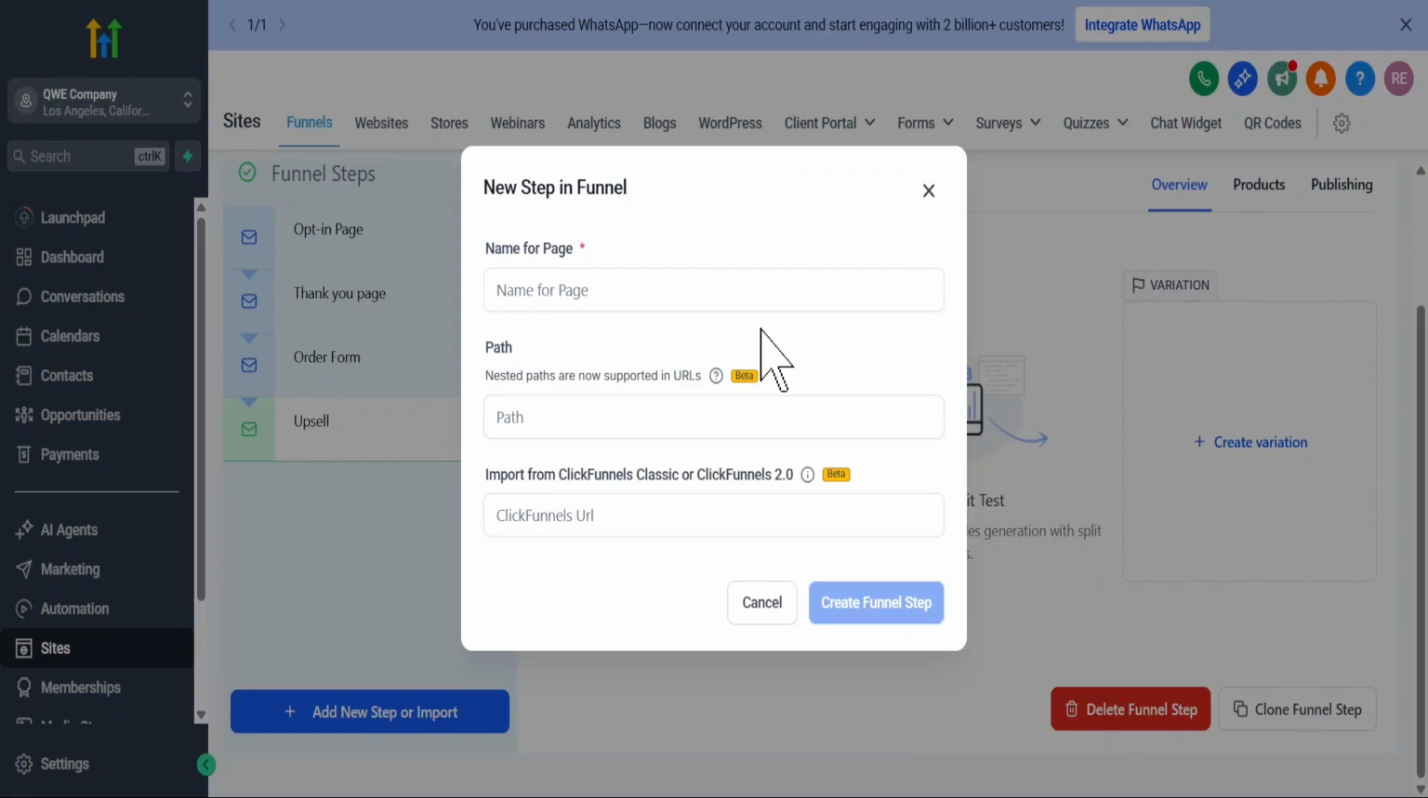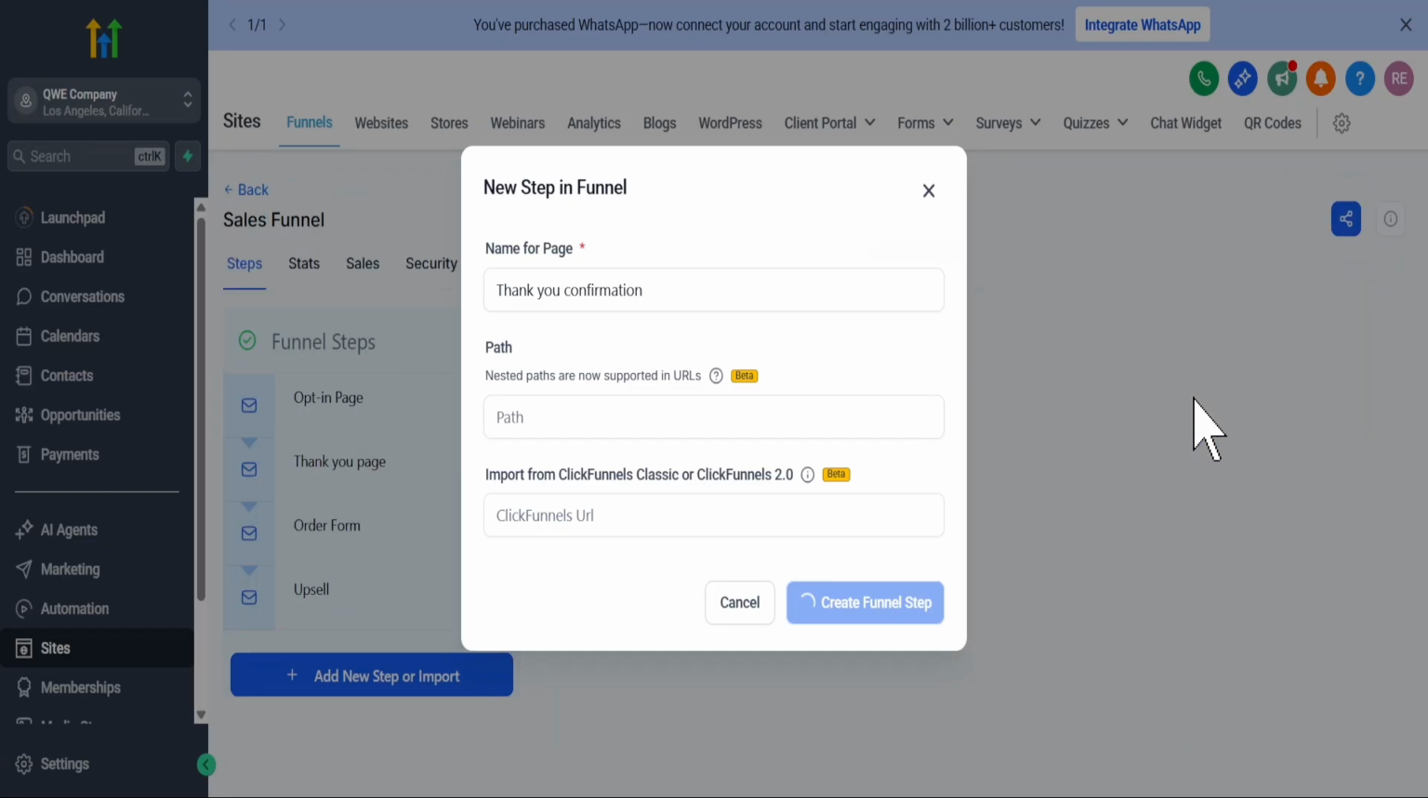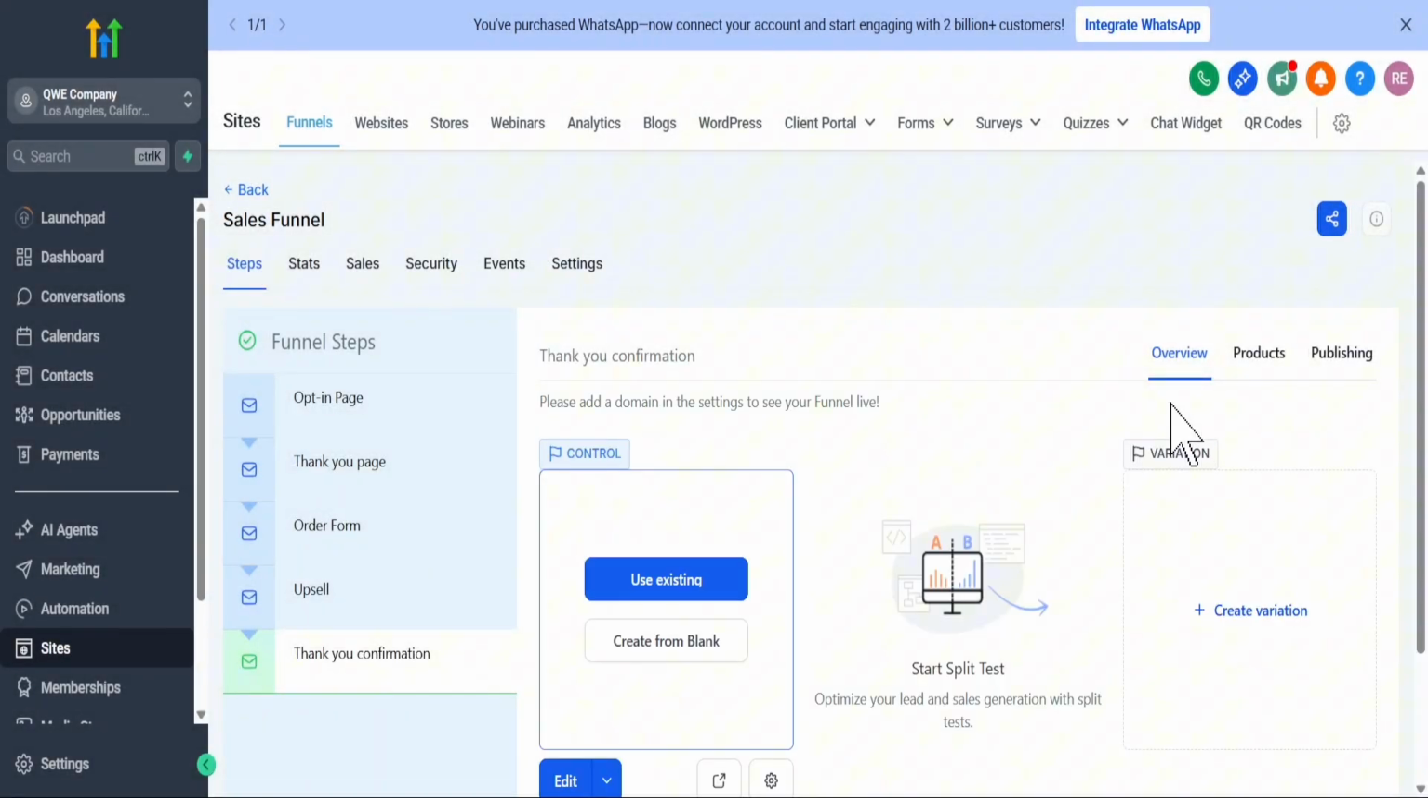Then add one more step called Thank You Confirmation. This final page acts as a receipt and access point, summarizing the order and directing customers to delivery or onboarding. Click Create Funnel Step. With your pages in place, open the Products area for the relevant step and click Add